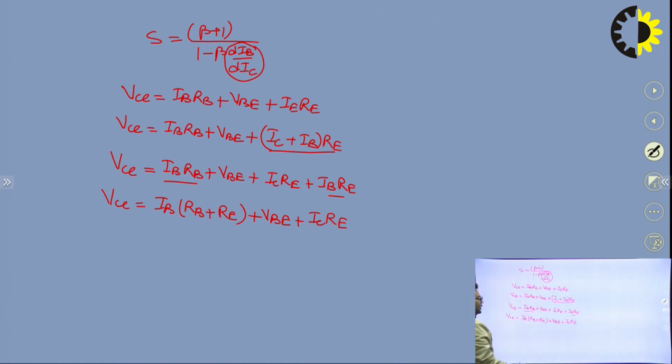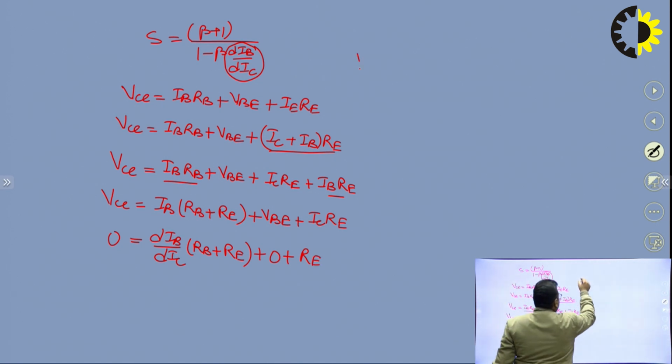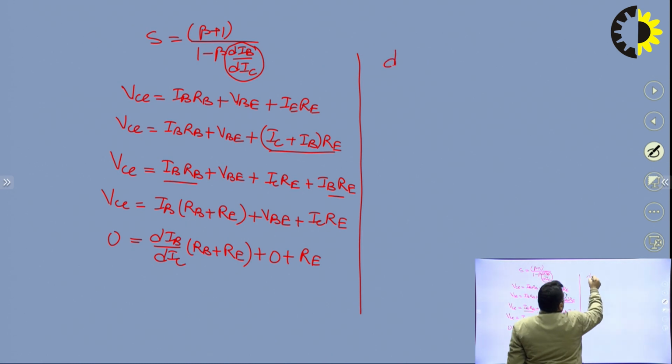So if I differentiate this equation with respect to IC, what I will get is 0 is equal to dIB over dIC into (RB plus RE), right, plus 0 plus RE. So the value of this dIB over dIC will be equal to minus RE